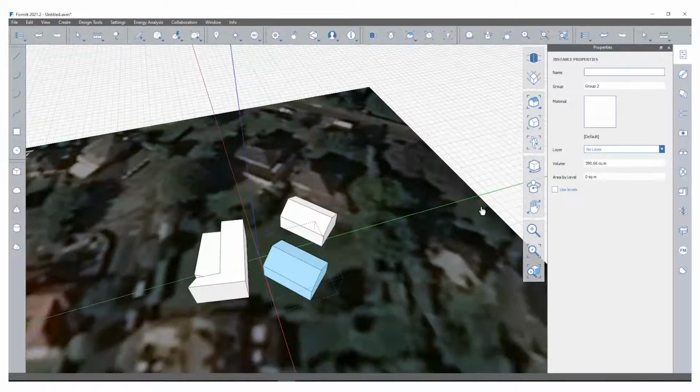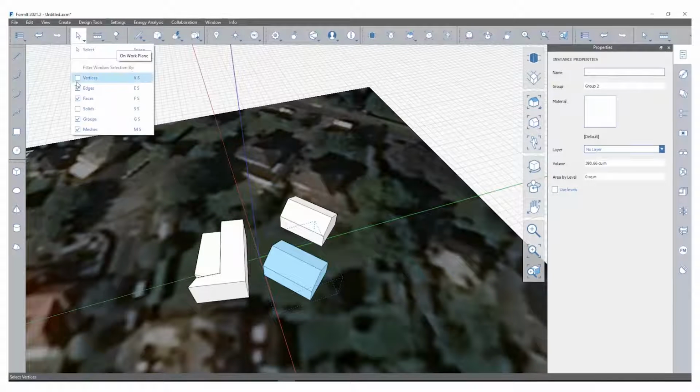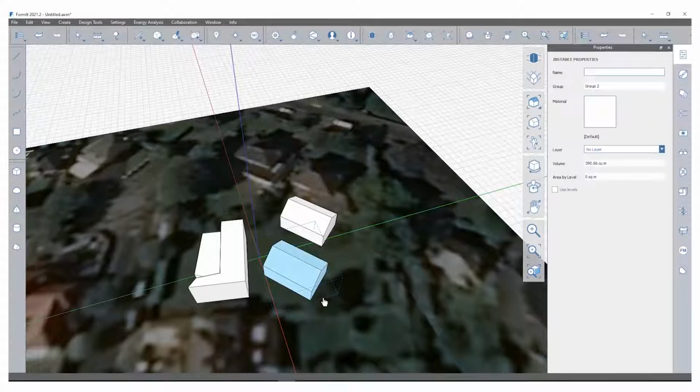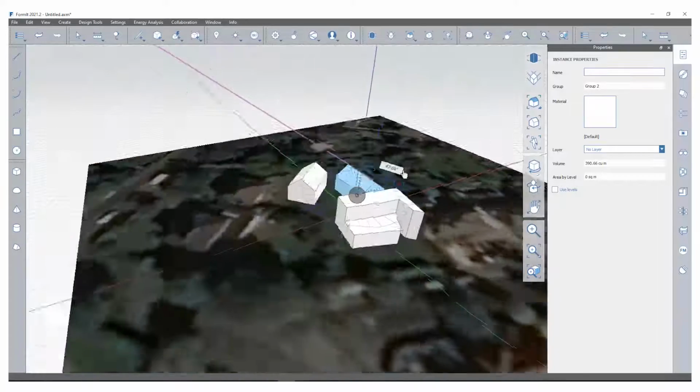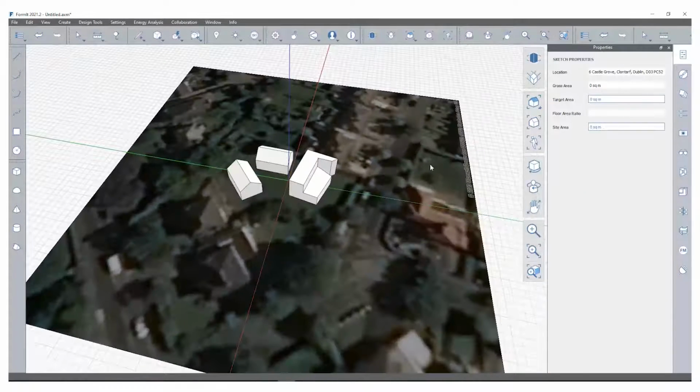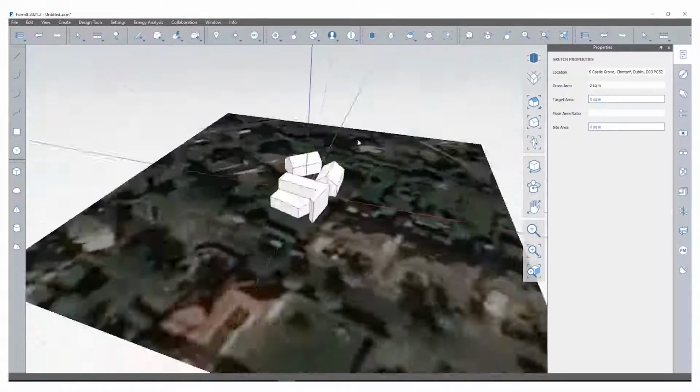What I can actually do is rotate that around as well. Just making sure that my lines are on. I can just right click on this and then rotate. So I can maybe turn that around like that. So we can keep it fairly conceptual for now. You can also import a lot of other objects as well, including Revit families,